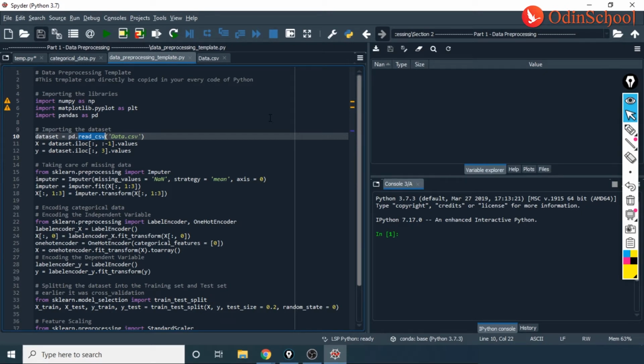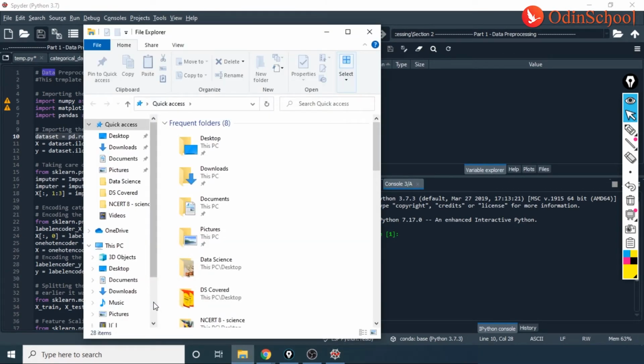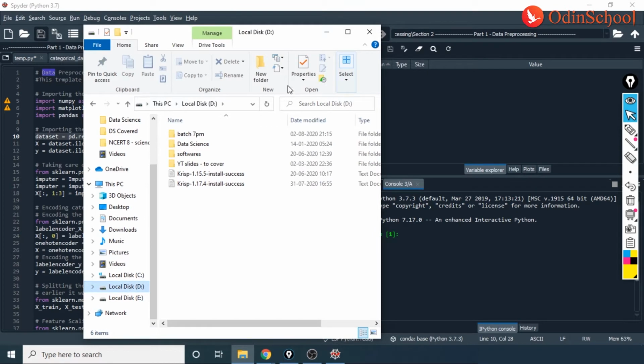So there are 5 different processes that we are checking in this one video or in this one shot. Right, guys? So without wasting time, let us begin. So firstly, how do we read a data set here? So here, as you can see, the data set that I am reading is named data.csv. Now let me just open this up.